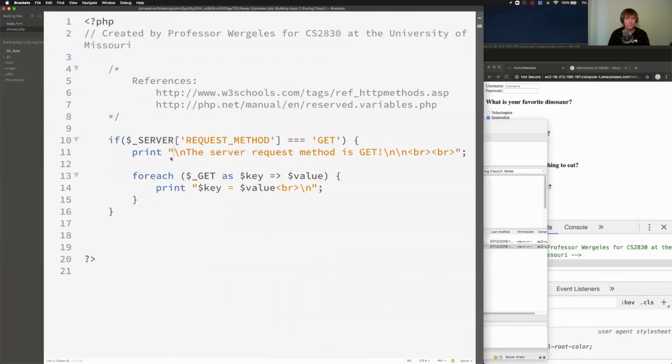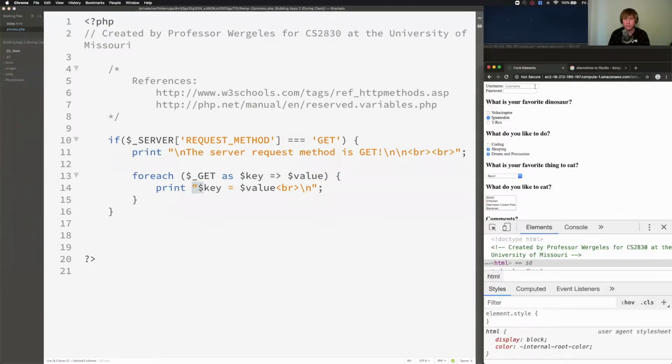Now in process.php, you're going to see this. I have a PHP script. I have some references here you can read. I'm saying if the server request method is equivalent to get. Okay, so 3 equals is equivalent, meaning it's also case sensitive equal. You'll see here the server request method is get, and I'm going to go through get and print out all the key value pairs. So if I save this code, type some data,